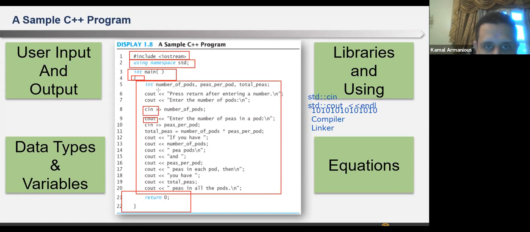It starts executing from here, followed by cout, till return 0. So this is the structure of C++. It starts at the first line after the opening bracket of the main and continues till return 0.